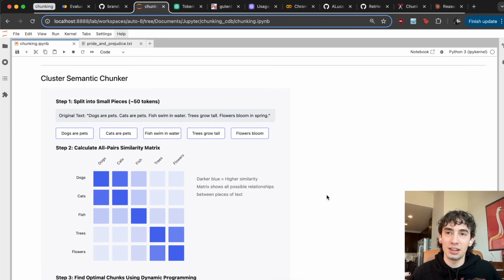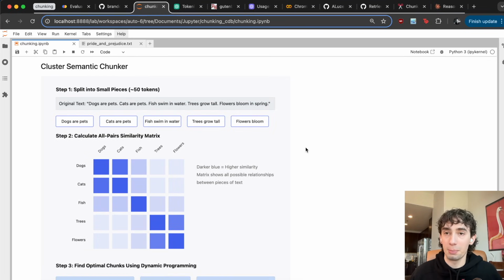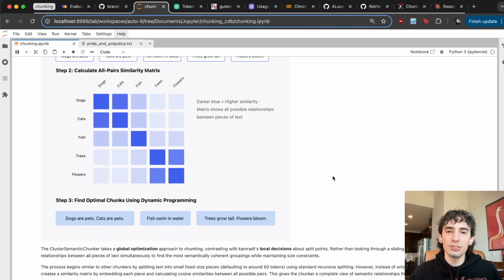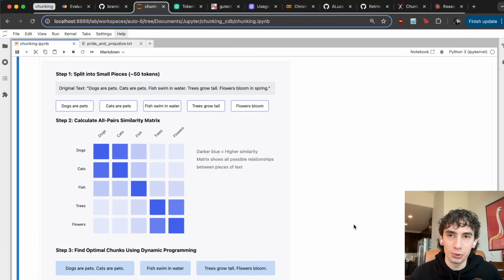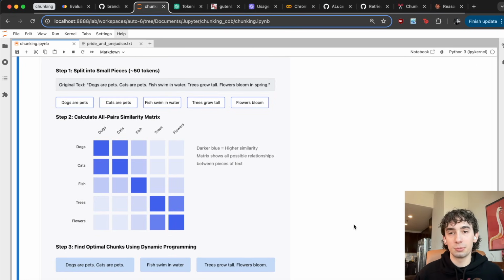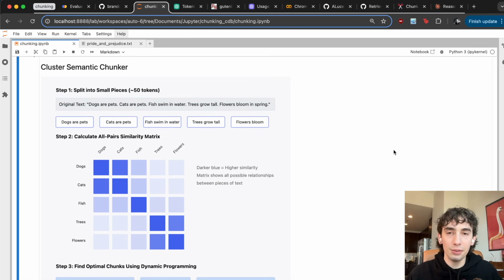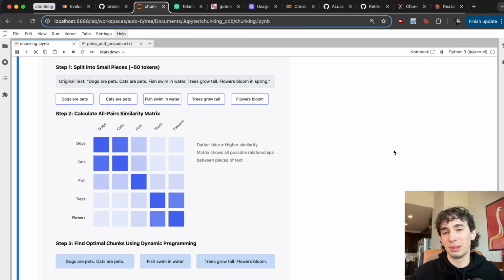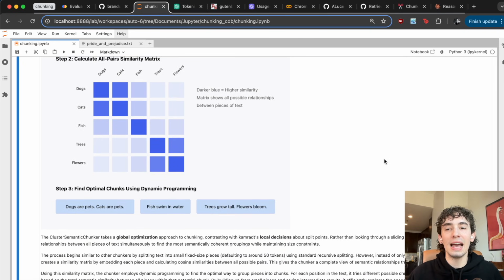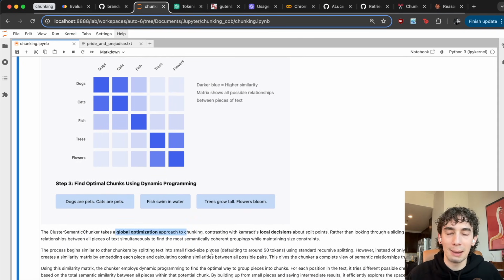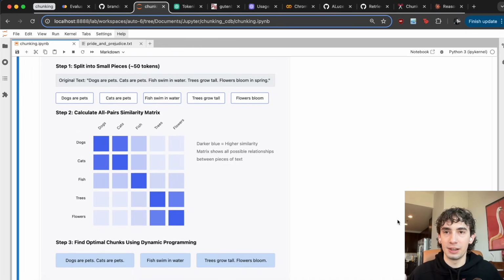For our next chunker, the cluster semantic chunker, one of the things, if you're paying close attention, that I said about the regular Greg Kamradt semantic chunker is that it actually just looks at the local decisions when doing its semantic splits. Because it has this sliding window approach and just goes straight left to right through all of your chunks, you're only going to be looking at the immediate window that you're observing. The researchers at Chroma realized this and wanted to have some sort of approach that has all of the benefits of the semantic similarity-based chunking, but actually looks at it from a global optimization approach using some fun, fancy dynamic